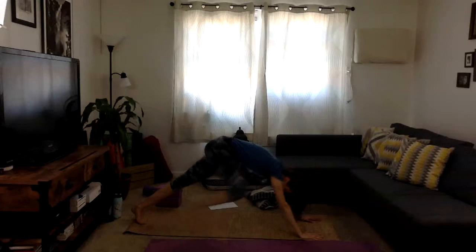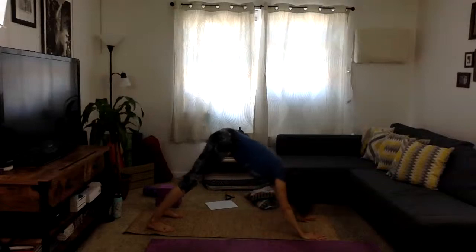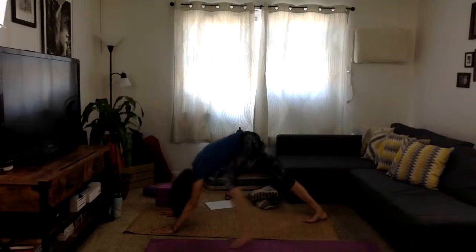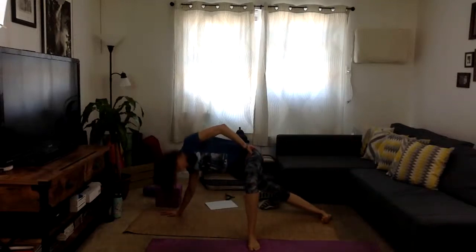Take your hands to the floor. Push your way back to downward facing dog. And we're going to do the same thing on the other side. So I'm switching around so you don't have to see the back of me. Take your left foot to the center of your body here. Come onto the outside edge of your right